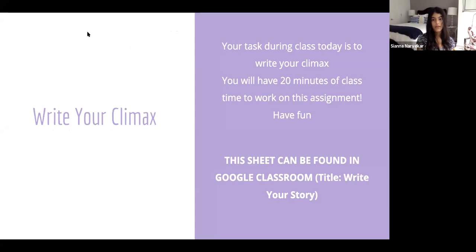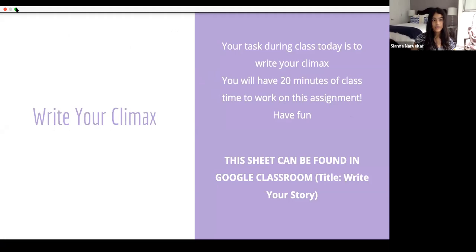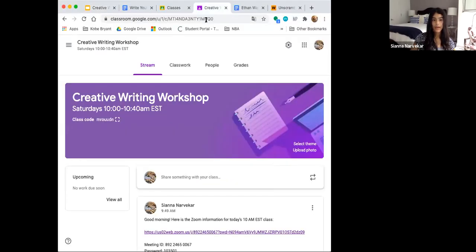Okay, so now that you know what a climax is supposed to do and interesting ways to make a climax draw your reader's attention, your task during class today is to write your climax. You'll have 20 minutes of class to work on this, and the sheet which you'll be working on can be found in Google Classroom. So if you go back to Google Classroom, classwork,